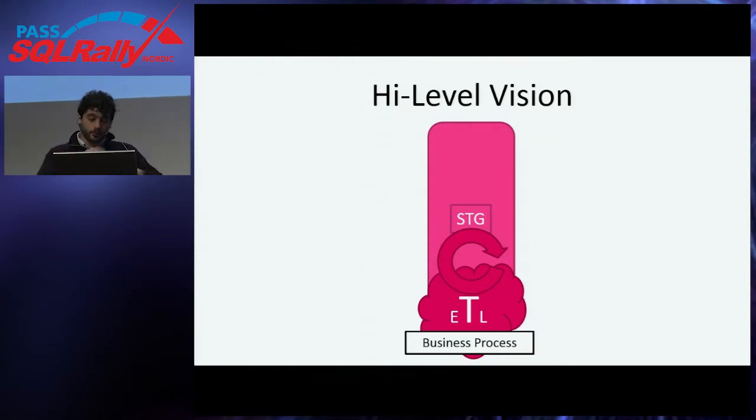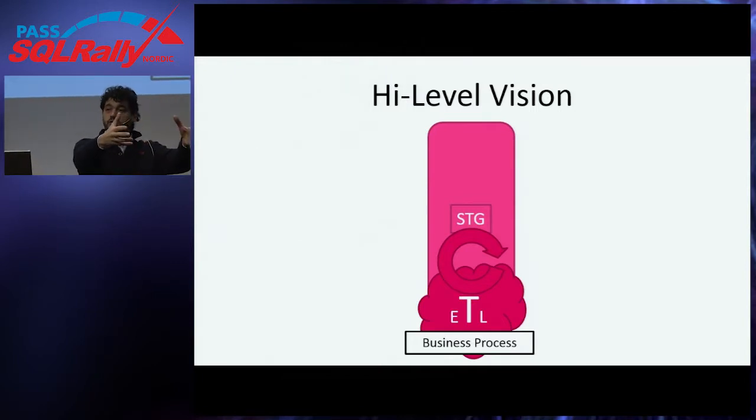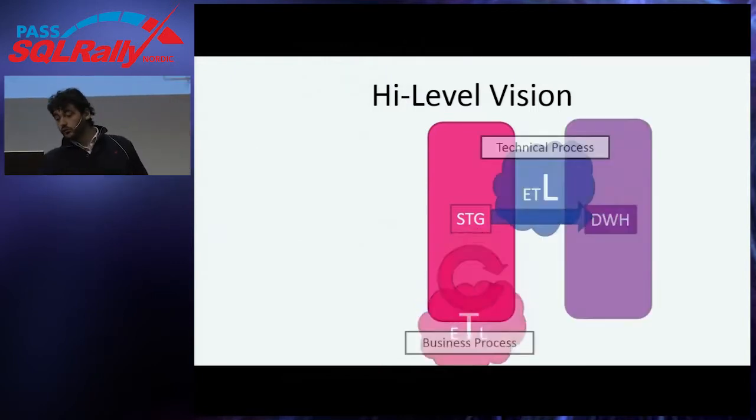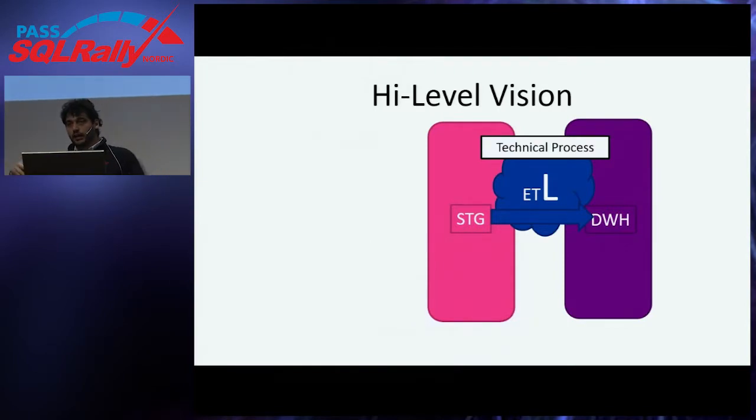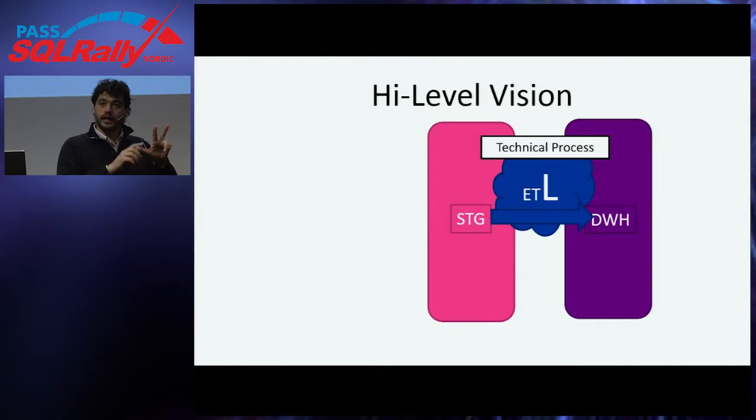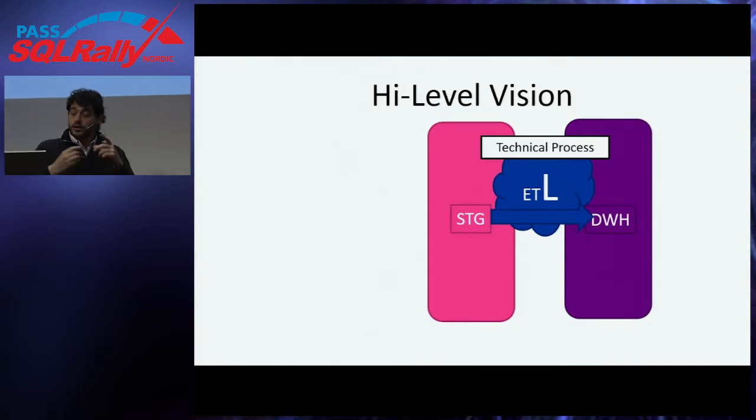Now, just imagine that we processed our data, and now the data is ready to be put into the data warehouse. Well, again, moving the data from the staging, now that the data is in a shape that is perfect to fit into a dimension, for example, is just again a technical process. I will show you that. So, out of 3 ETL phases, I can automate 2, which is really not bad. It's 60% of time completely saved. To do that,